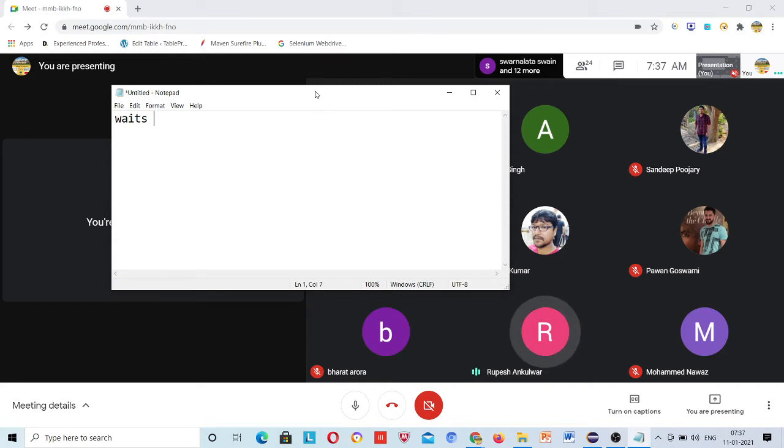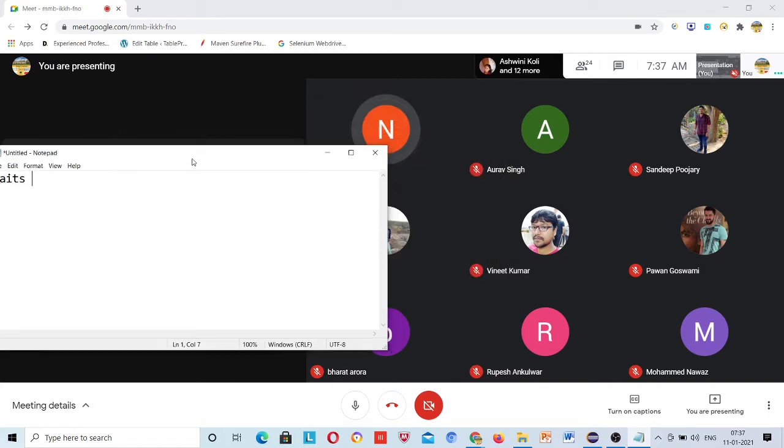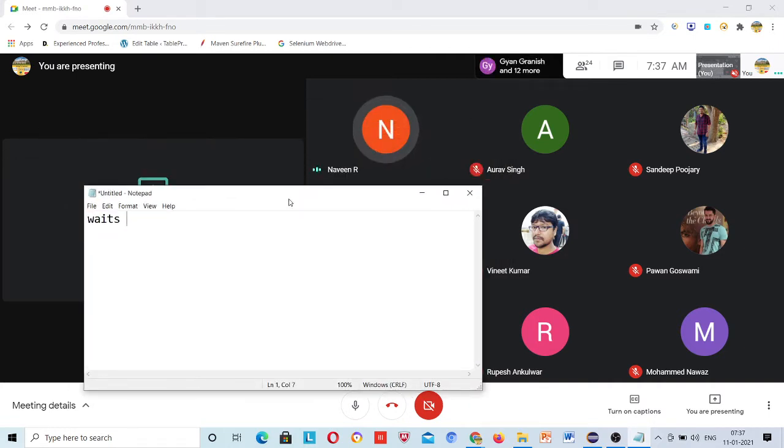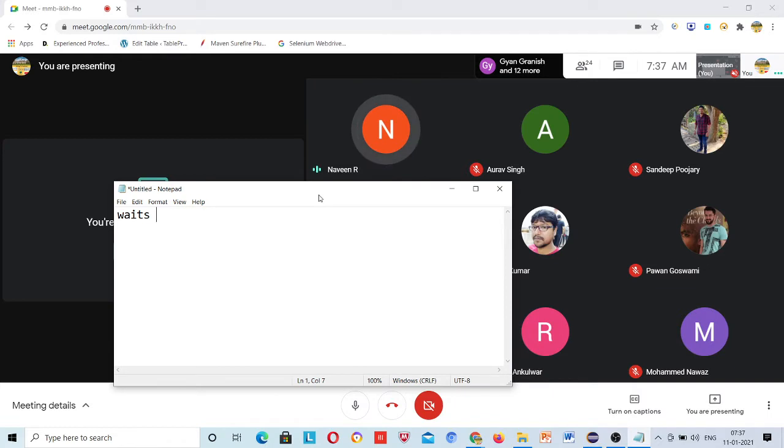We use waits to match the Selenium speed with the browser speed. I don't know about Selenium, but waits are used if there is a browser delay or an interaction with the hardware, so then it takes time and we need to wait some time. That time we can use waits.